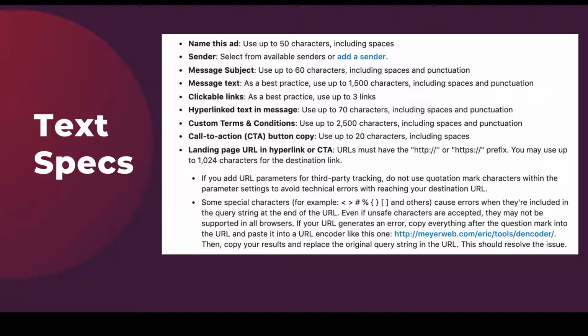But here are the different pieces that we want to have for the text that's available in here. Message subject, this can be up to 60 characters, so that includes spaces just like everything else does. The message text, use up to 1,500 characters. I like to keep it a lot shorter than that, usually closer to 500, and have your message be something that's easy to read, likely bullet points as opposed to big paragraphs, but just remember you've got a max up to 1,500 characters there. You can use up to 3 links within your message, so keep that in mind of